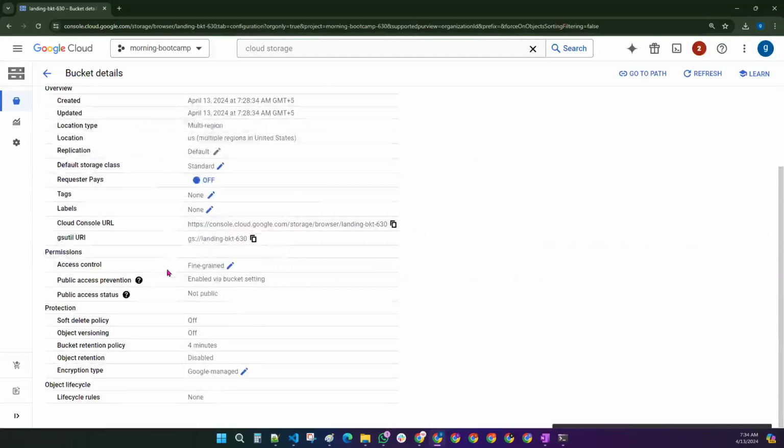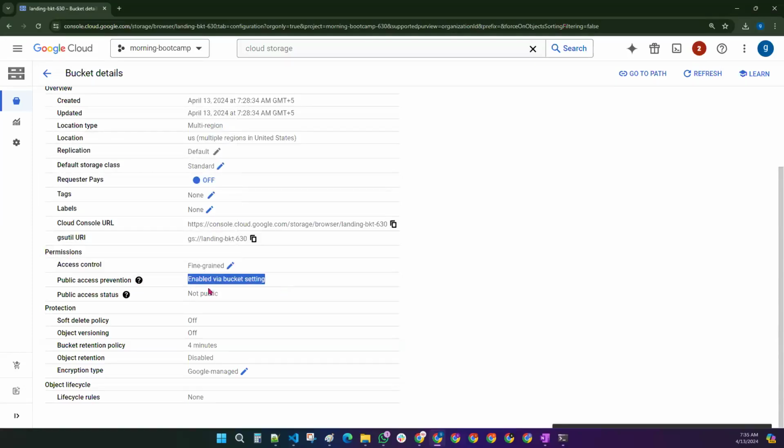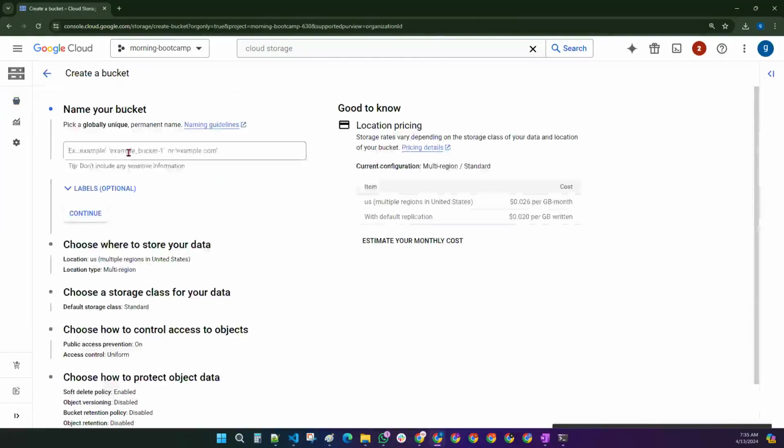configuration. So this is what happens actually. We have enabled this one. Public access prevention is enabled. It cannot be changed later. But instead, what I will do, if I wanted to provide access to you,